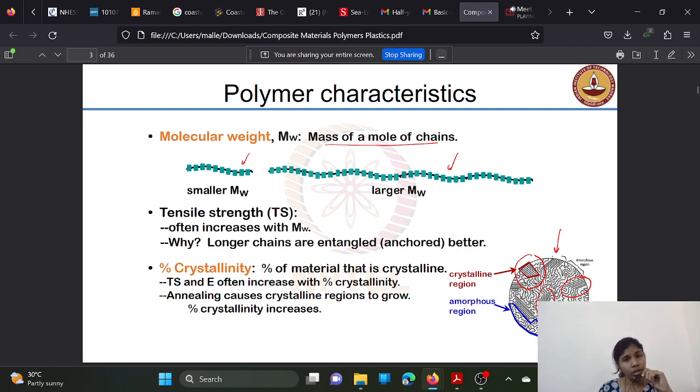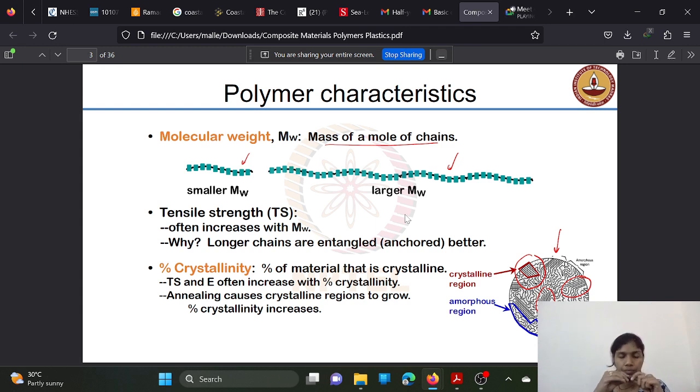And on this molecular weight, the tensile strength also depends on this molecular weight. It increases with the molecular weight. Why? Because the indirect reason for the increase of tensile strength with molecular weight is, see, if you have larger chains,